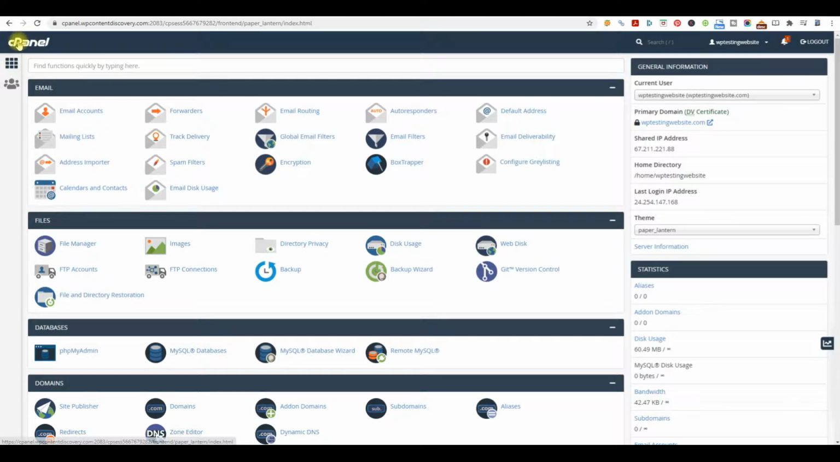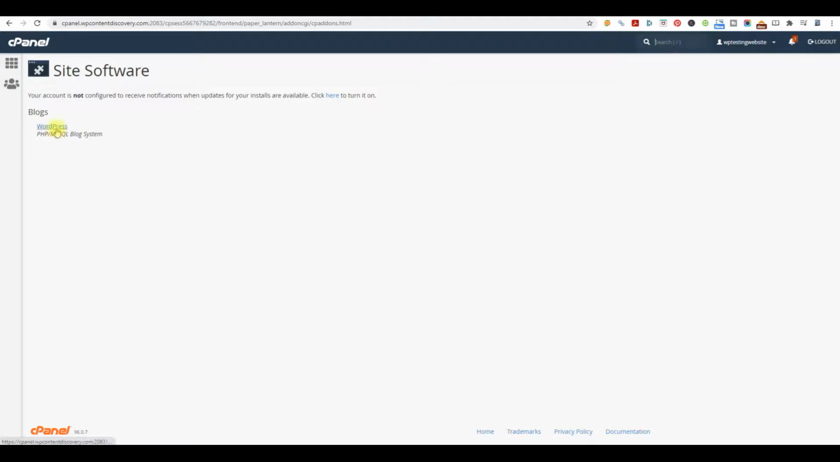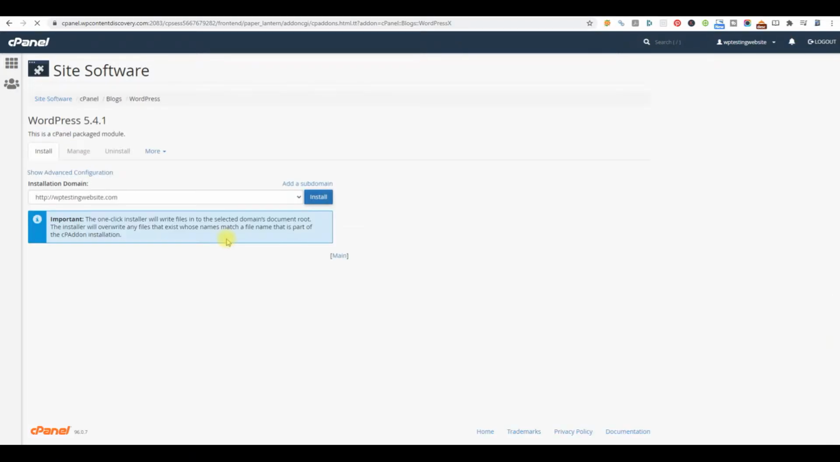So once you're in your cPanel account right here, your hosting account will give this to you. What I'm going to do is I want you to come down right here, look for software, click on Site Software, click on the WordPress. Some might look a little bit different, but it's basically really simple. You just want to look for WordPress under the software, and then you just want to click on Install. So you click Install,